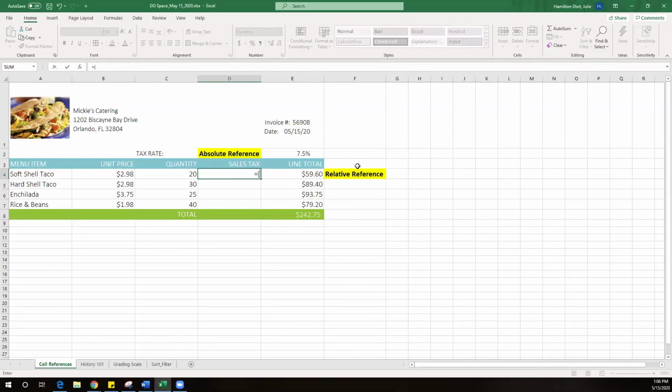I'm going to open my parentheses, and the sales tax is going to be B4 times C4, and then I'm going to close my parentheses, and multiply that total times 7.5, which is the sales tax that I have built in. So when I hit my enter key,